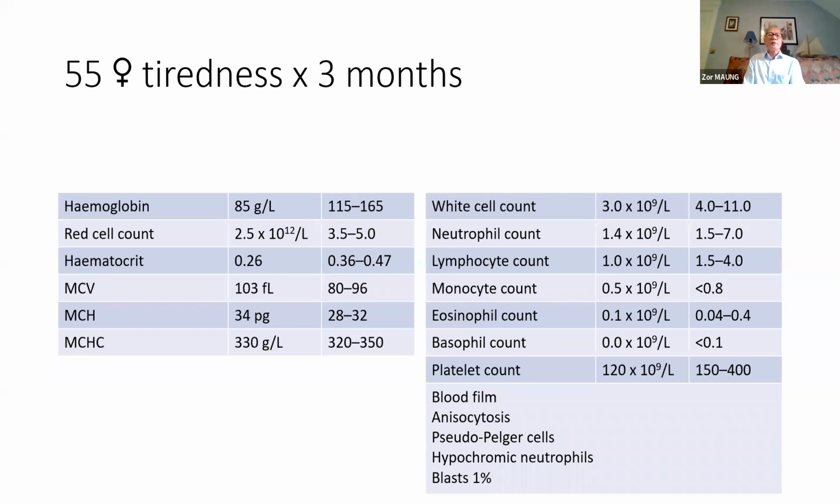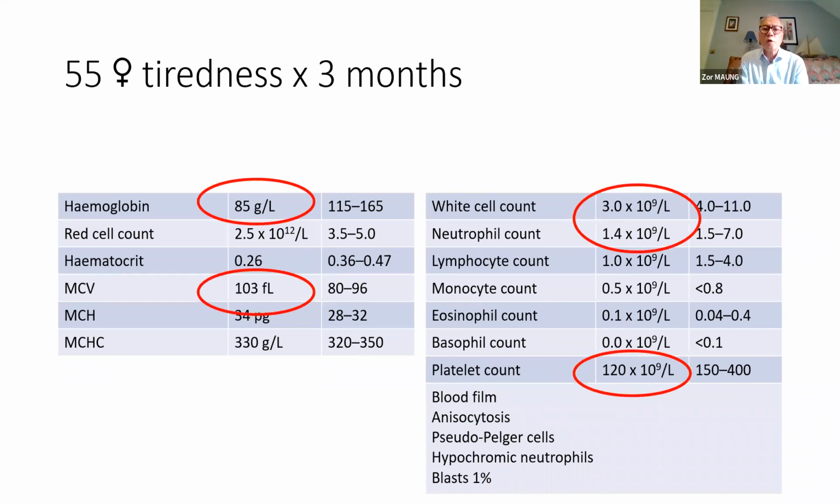So this is another scenario. A 55-year-old woman with a history of tiredness for 3 months. She is anaemic, with haemoglobin only 85. MCV is slightly raised, 103. The white cell count is slightly reduced, and the platelet count is reduced. But on the blood film